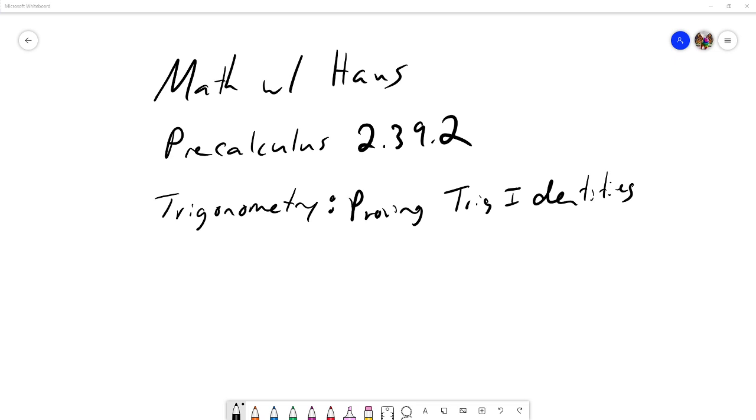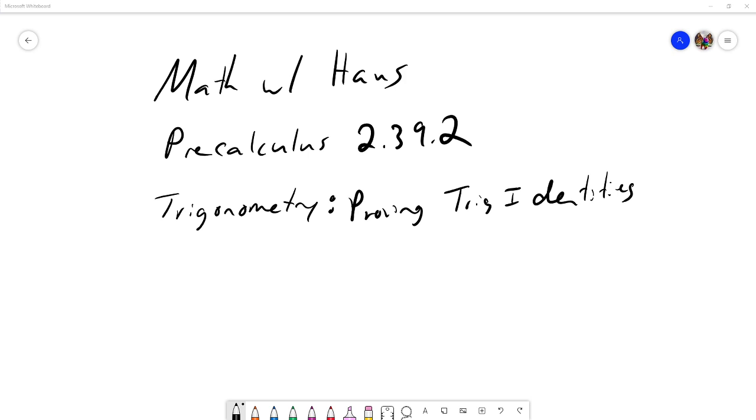We're continuing our investigation in trigonometry, and now we're going to start diving into proving trig identities. In this video we are going to presuppose a knowledge of the reciprocal identities and the Pythagorean identities. So just to recall,